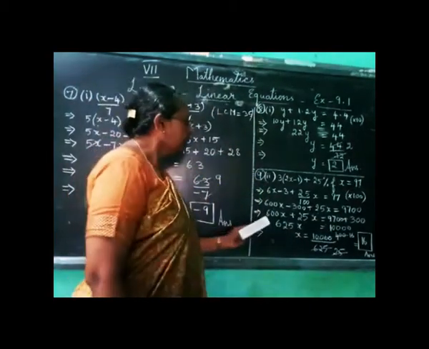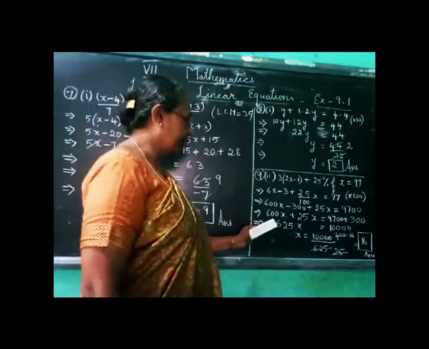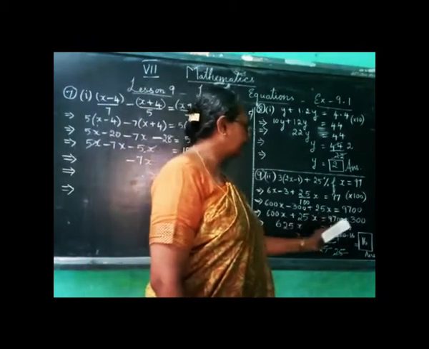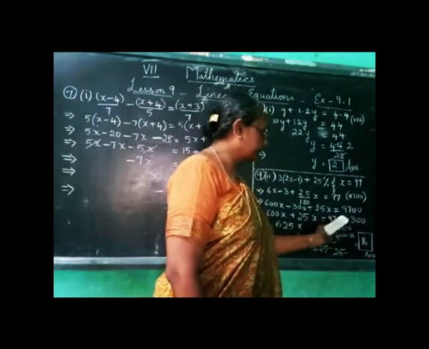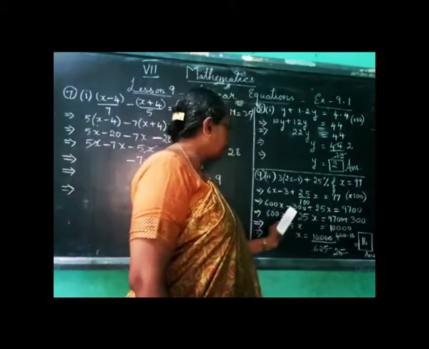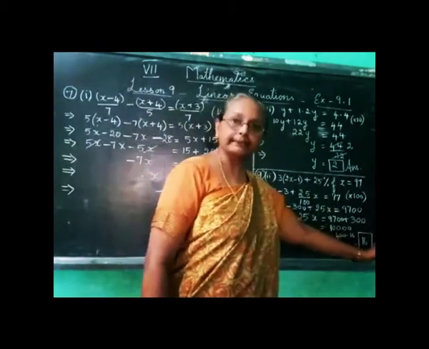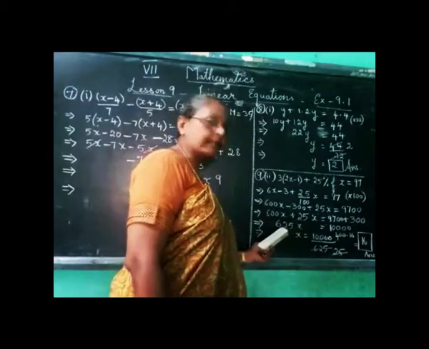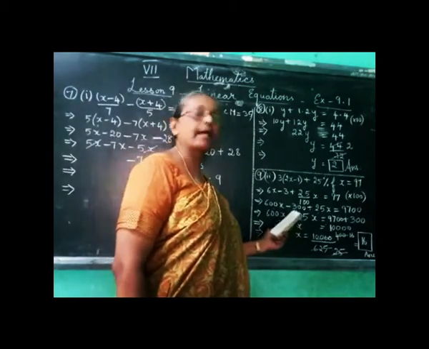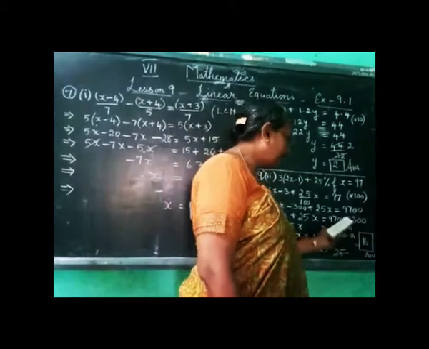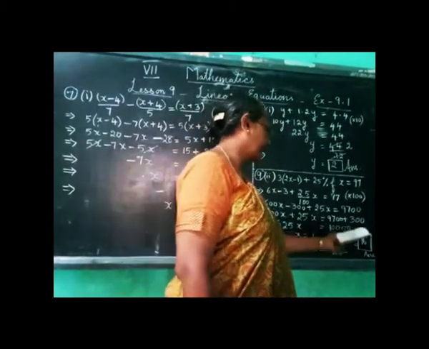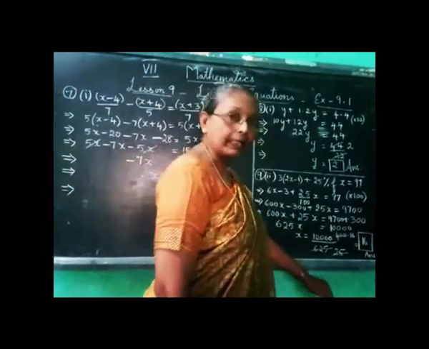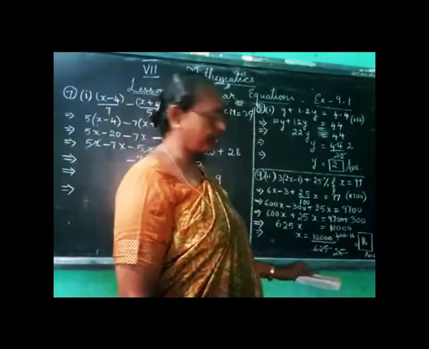9700. Then we put x terms together, 600x plus 25x, that is the left hand side of the equation, and on the right hand side of the equation we get 9700, what is already there, and we take minus 300 to the other side, it becomes plus 300. Then on the left hand side of the equation we have 600 plus 25, we have 625. So 625x is equal to, when we add these two, we get 10,000 on the right hand side. Then x is equal to 10,000, we will bring 625 to the other side, it will become divided by 625.